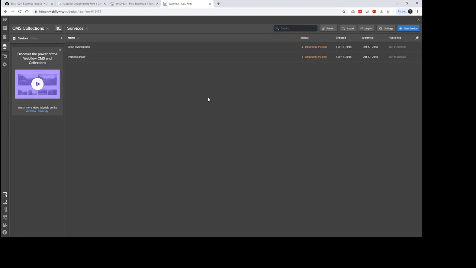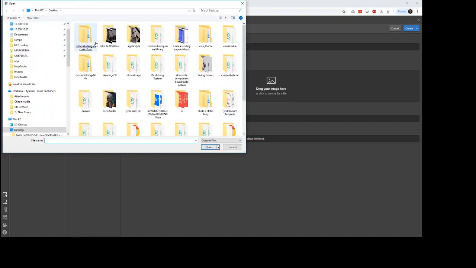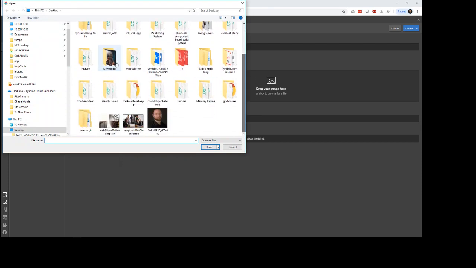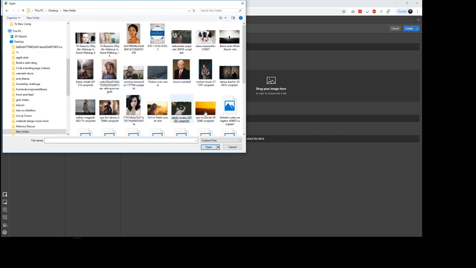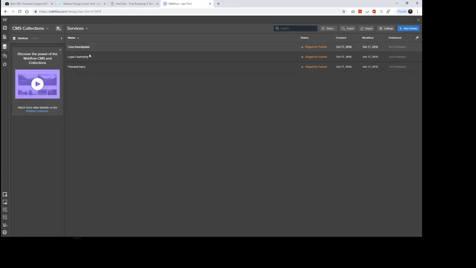Okay, create. And let's do just one more. You could go in and create as many of these as you wanted to. Let's do legal counseling. I copied and pasted this just to make it easier. Let's see, new. Let's just grab an image of here, and we'll create that. So now we have 3 items in our collection, and we